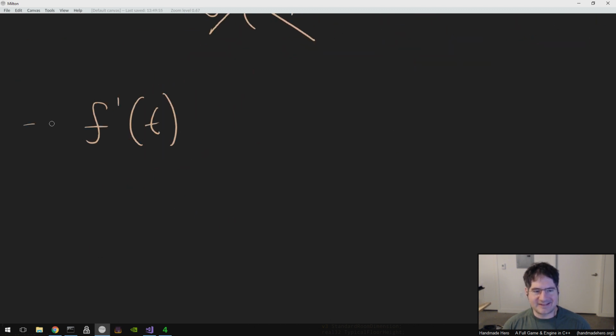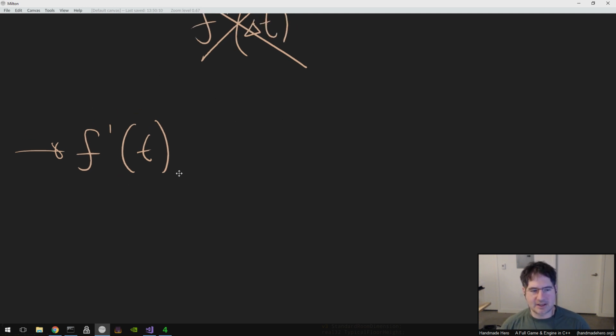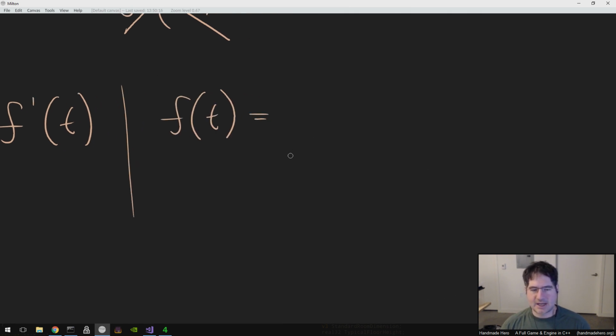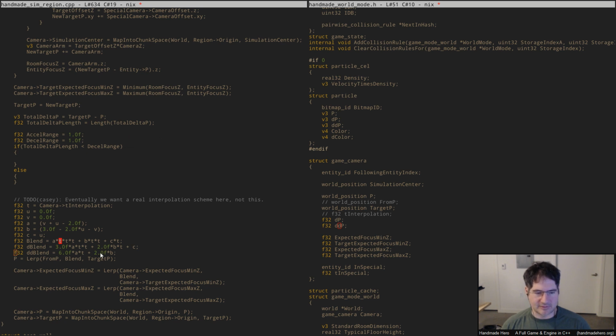All we're doing is saving what this was so that when we do our next time, we will keep the same apparent change in velocity, so it's smooth. Does that make sense? So I need to know my f prime of t, and obviously my f of t as well. So if I'm going to update with an f of t, and I know that my f of t looks like this,